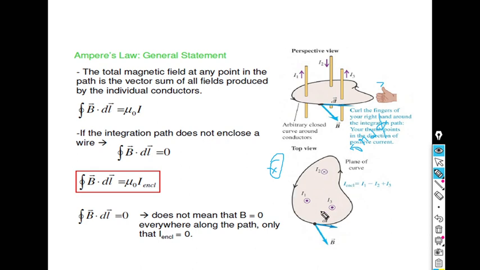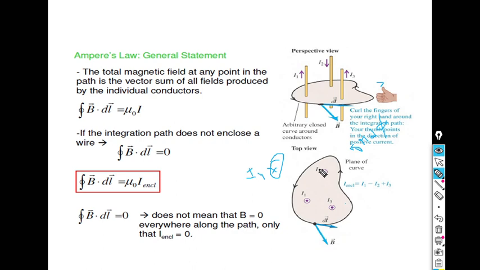So if I consider this Amperian loop, I enclosed means these three currents are enclosed. Suppose I4 is not enclosed. So when we apply Ampere's law, we write I enclosed is equal to I1 plus I3 minus I2. I4 will not be considered. So the closed line integral of H dot dl is equal to I1 plus I3 minus I2. These three currents are enclosed within this Amperian loop.